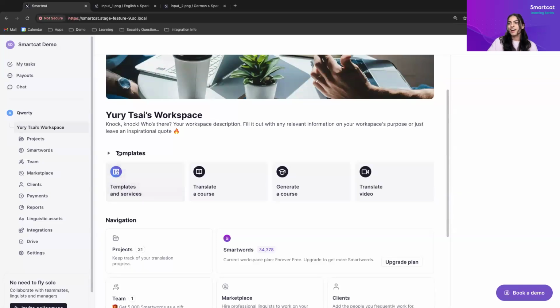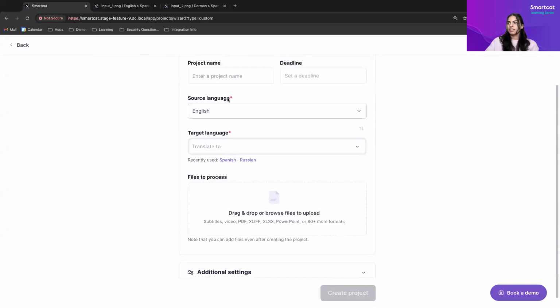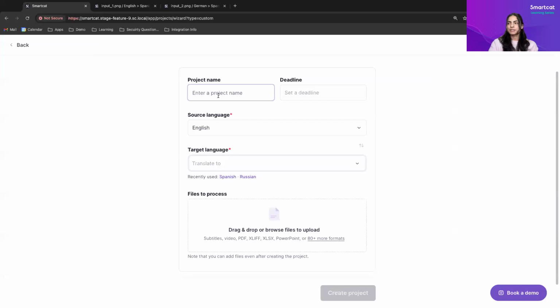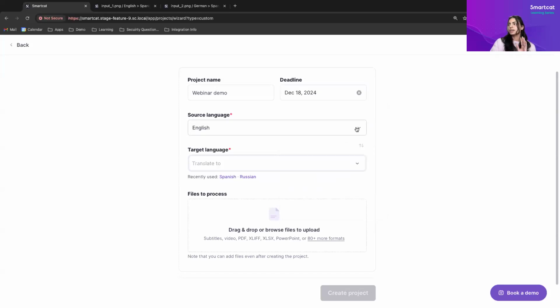That being said, I'll go ahead in here and create a project. This is going to be pretty familiar to most of you on the call. We'll call this webinar demo. You're able to set a deadline for when you need this project turned around by. Most images don't have too much text in them, so we can expect this to be a pretty quick turnaround time. Let's say I want that nice banner turned around by tomorrow, and we're going to go from